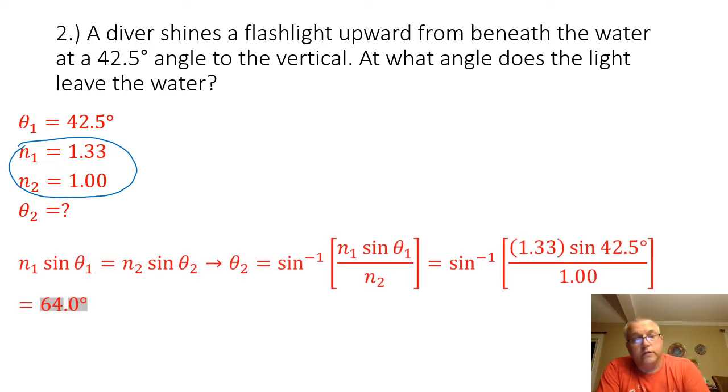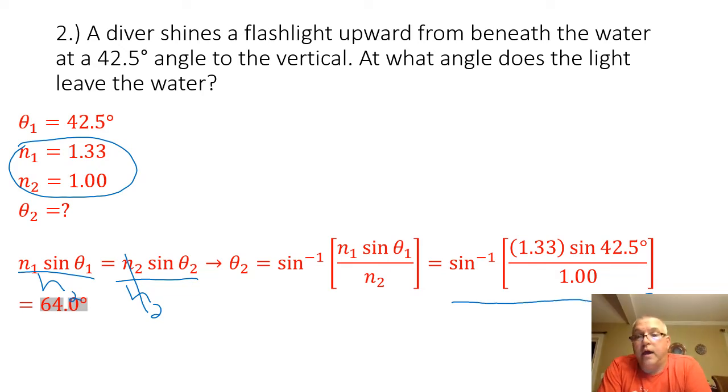I divide both sides by n2, and that will cancel out, but I still have a sine theta 2 on that side, so then I need to take the inverse sine of both sides. Then theta 2 equals the inverse sine of n1 times sine theta 1 divided by n2. I plug all of my known values into that equation, and I am going to have an angle of refraction of